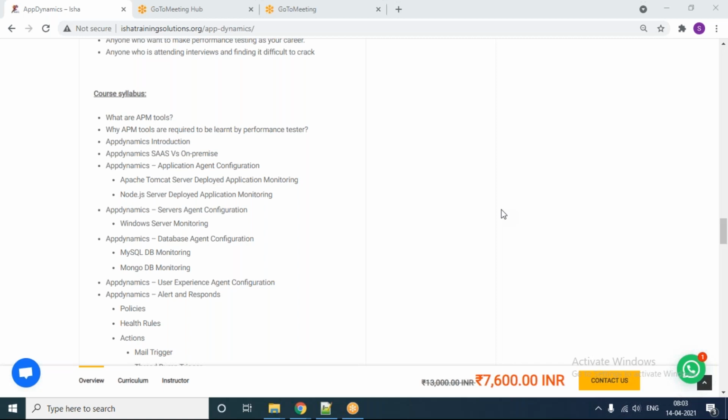We do heap dump analysis, thread dump analysis, garbage collection analysis, one by one. Most of the time, because of this, it takes close to 1 or 2 days to identify the issue itself, and then we fix the issue, redeploy it, and retest it. So it takes some time to do that activity.